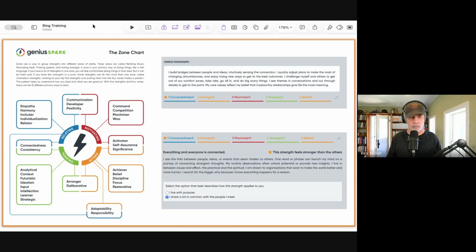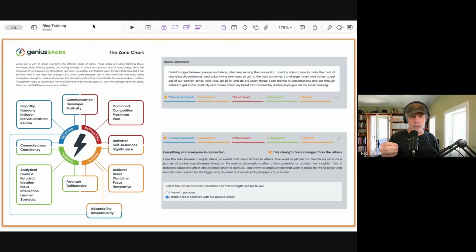If we go up to the connectedness, consistency one, the consistency is around process, and it is a cousin to harmony. Consistency is about following the rules, everybody doing the same thing, making no exceptions. And if you do that, the connection with harmony is that if everybody is on the same page, rowing in the same direction, then you have relational consistency or relational harmony. Gallup classifies it as a relating strength because there's also a fairness side of it. Part of everybody following the same rules, on the outside, it looks like you're just being fair to everybody.